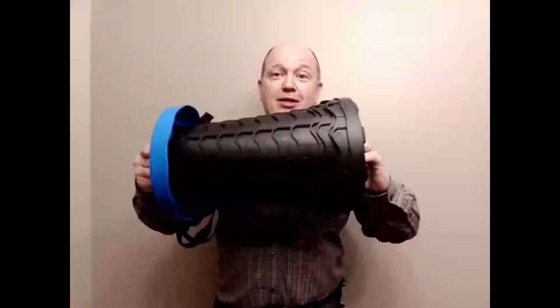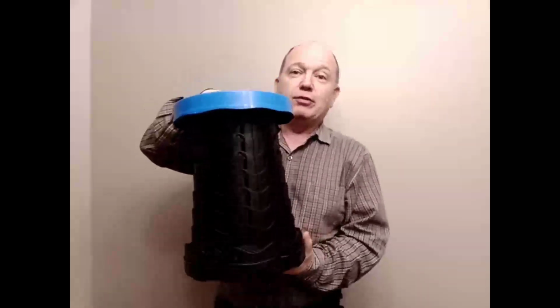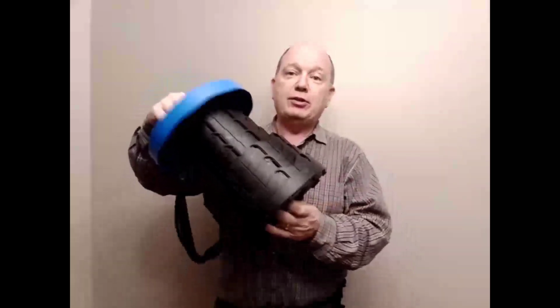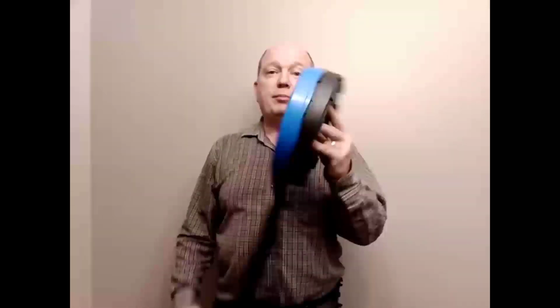On Amazon, this little gizmo is a seat. It just turns around and expands out. And now it can turn around and sit down on my floor, and I can sit on it, and it's adjustable so it can lock into different heights. So if you're in a van and you've got a little lower table and you need somewhere to sit, this makes a perfect thing. And like I said, when I'm done, it just folds up and it packs into my